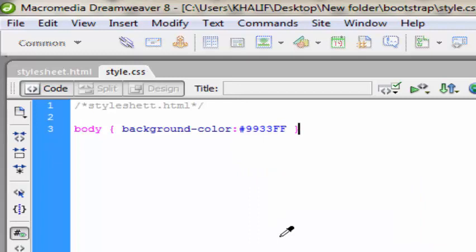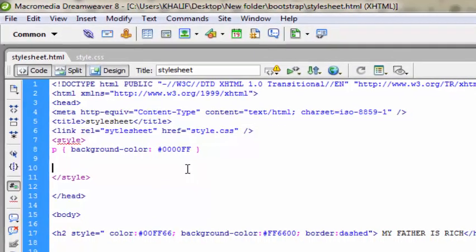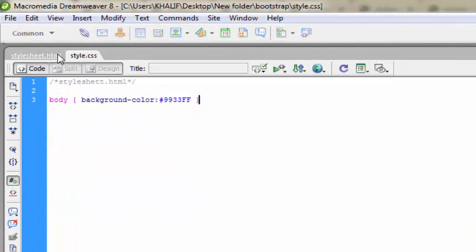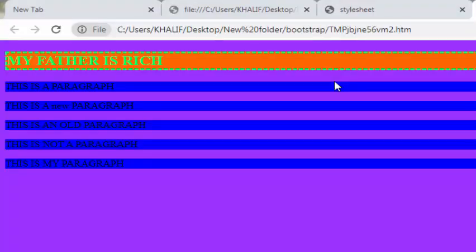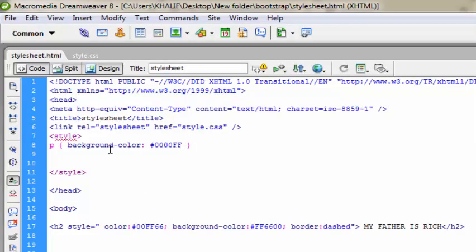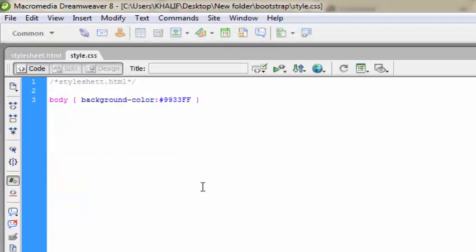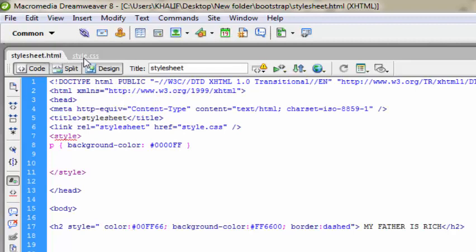Then we save or refresh. Now let's preview this and see if it works. Now I just controlled the CSS of this HTML page through this external CSS page, and this is what external CSS does.